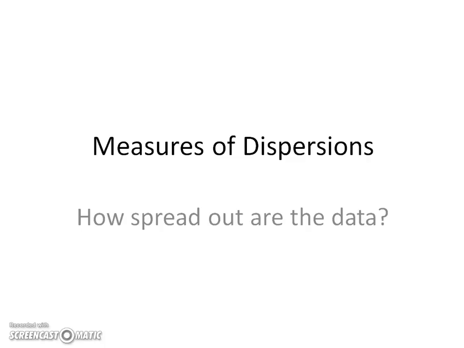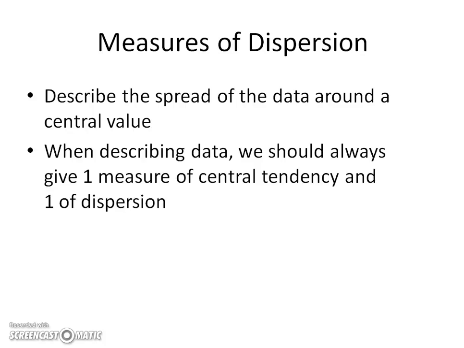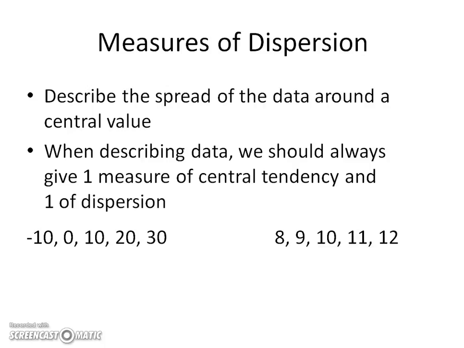We're not just going to be looking at the middle section, we'll be looking at how spread out the data are. When we talk about measures of dispersion, we'll be talking about two things. The first one is range, and the second one is your quartiles. We'll be talking about that later on, but for now,